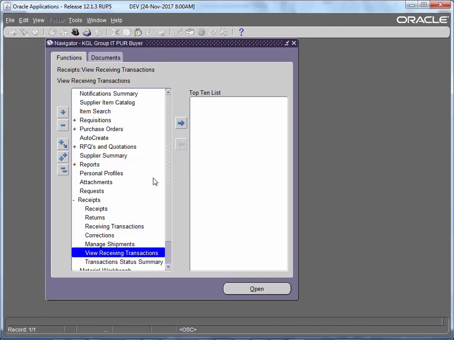To reverse the receipt we have 2 options. One is correction and one is return to supplier. They will do the same functionality. They will do the reverse of receiving, but the difference in the system, this is called correction, this is called return to supplier. Okay, so if you go to correction,